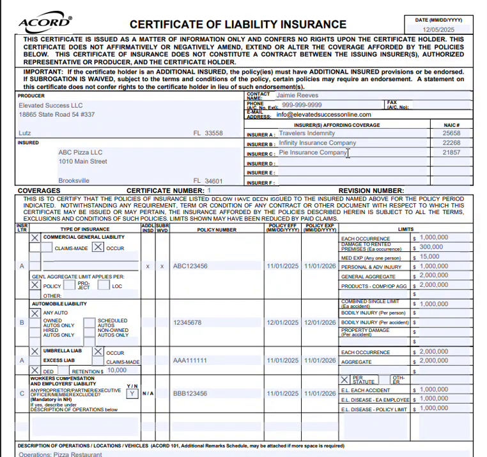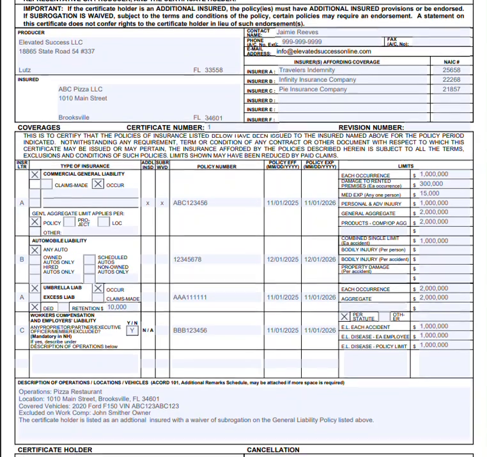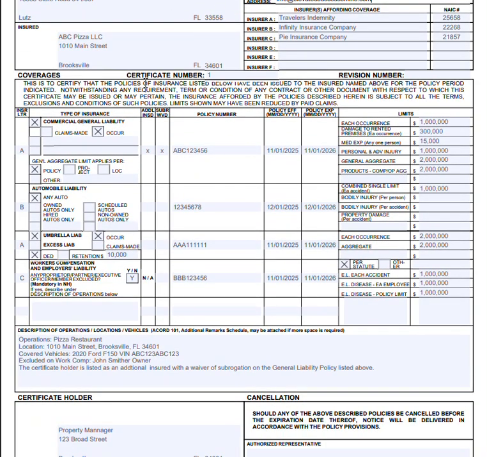appropriate email address. Under the insurers affording coverage, you would want to list all the different insurers you have for these policies. So for this example, Insurer A is Travelers, Insurer B is Infinity Insurance Company, Insurer C is Pie Insurance. You're also going to want to make sure you have the appropriate NAIC number for those carriers. When we go down to coverages, and you can put this in, I sometimes see it without it, but I list it as certificate number 1, and then if there is a revision, you would put which number of revision